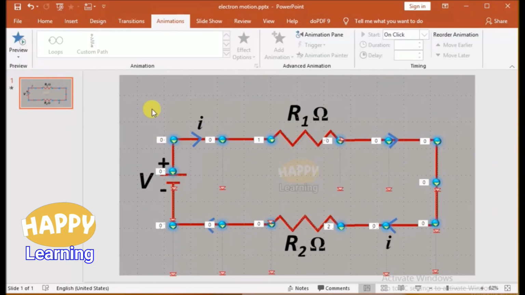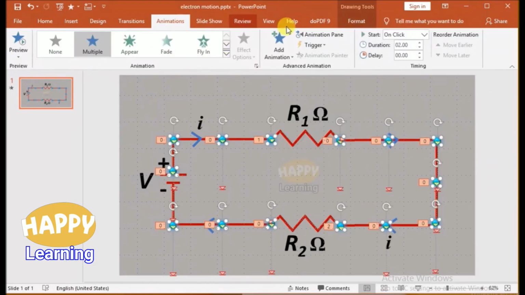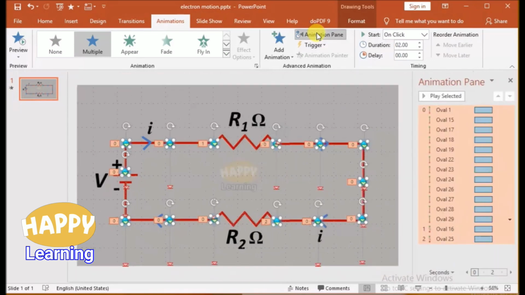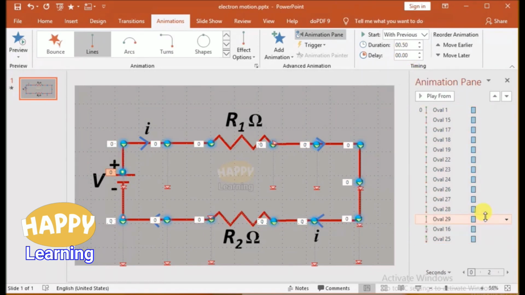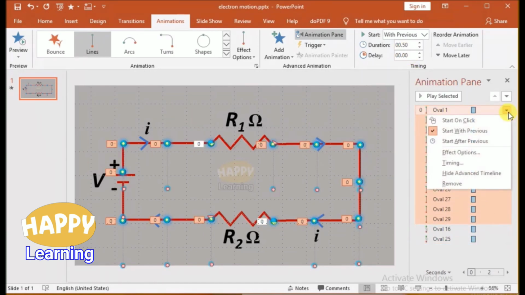Now go to animation, animation pane. Here all the objects are selected at once and set the timing 0.5 seconds. And now select all the objects. You will get a button here right side. Go to animations, right button, arrow button is there.